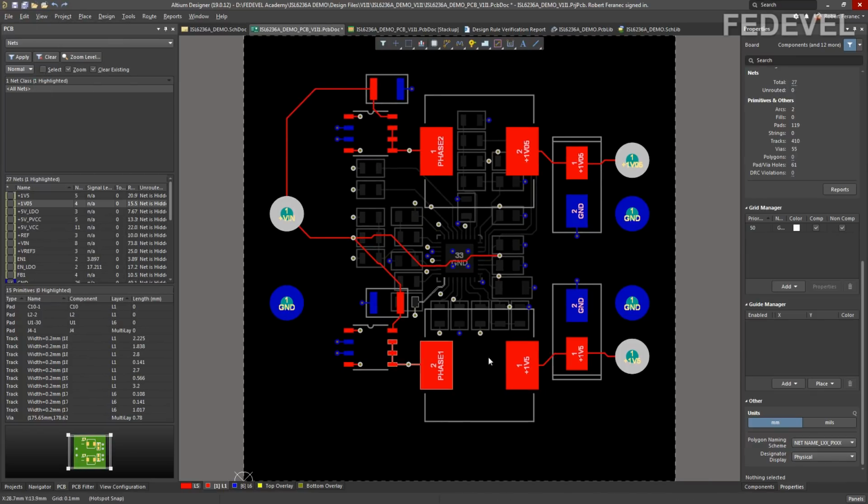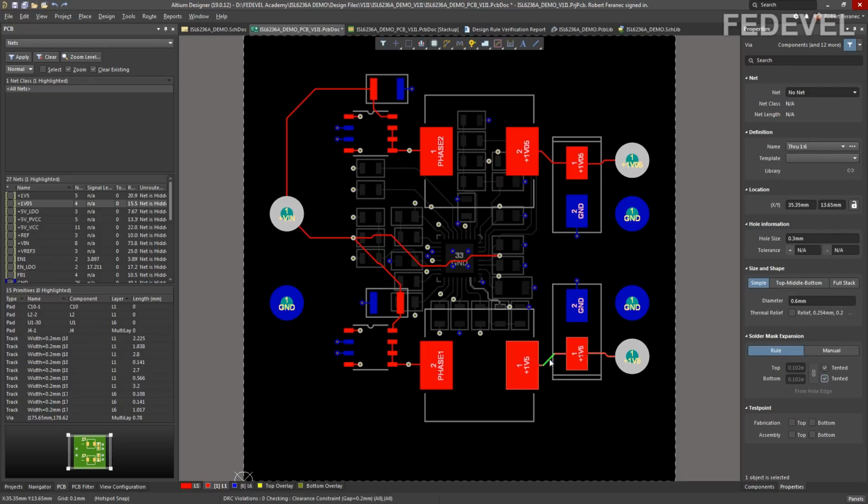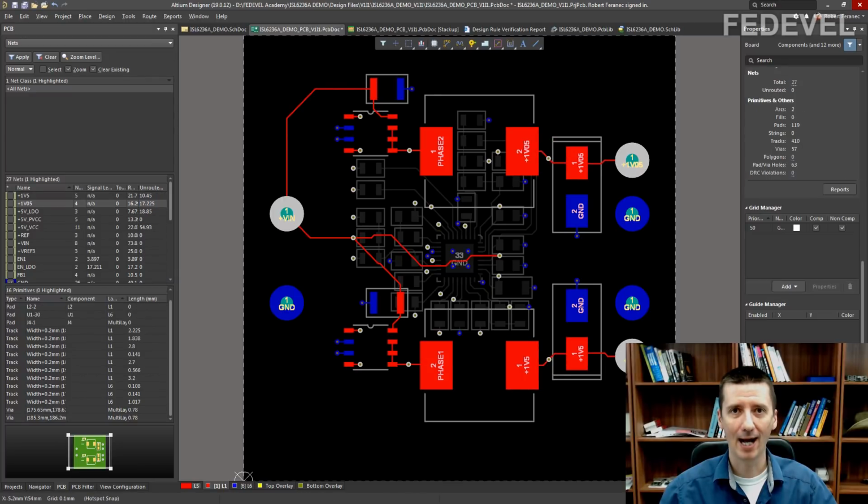We will need to connect this track also with this via, and we will need to connect this track also with this via. So place a via here and also here. Wow, it looks like we have routed all the connections or all the pins on the top.